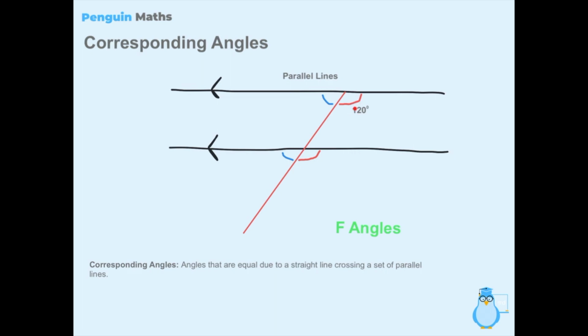Now let's have a little example. Let's say that this angle up here, the red one, is equal to 120 degrees. Well, we know that this angle is also 120 degrees because they're corresponding angles. And we also covered in the last lesson that in order to make up the angles of a straight line, they must add up to 180 degrees. So therefore, if we know this red angle is equal to 120 degrees, then this blue one must be 180 minus the 120, and hence we end up with 60 degrees. And because we know that this angle corresponds to this angle down here, then that is also equal to 60